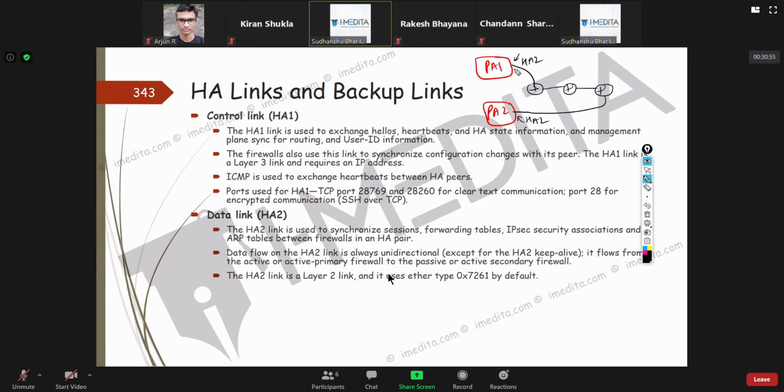Then you can configure an IP address here and an IP address here, and it will take care of that as well. But generally, it's recommended that you either connect them directly or, at maximum, through a switch. Don't try to have a lot of routing in between them, like this, or directly.